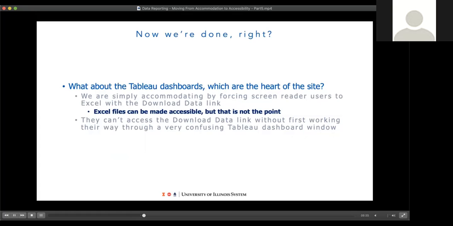And we're really just accommodating screen reader users, because we're forcing them out of Tableau, really, because we saw how unusable that was, into this download data link. So we've made this accommodation. We know you can't use Tableau, so just go to download data and do it that way. That's fine. I mean, Excel files can be made very accessible, but that's really not the point. The point is